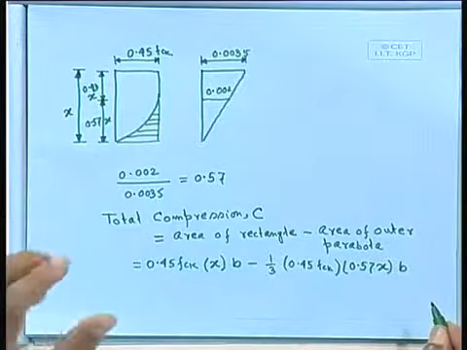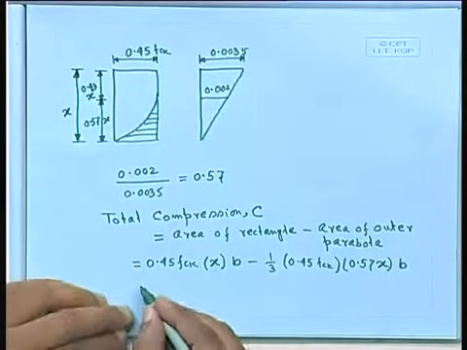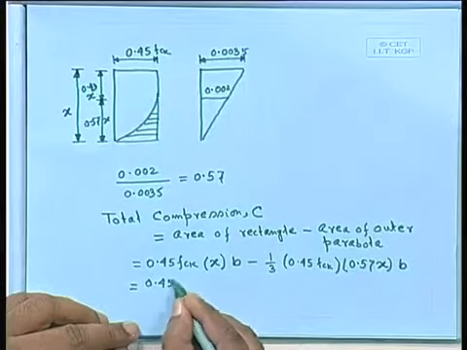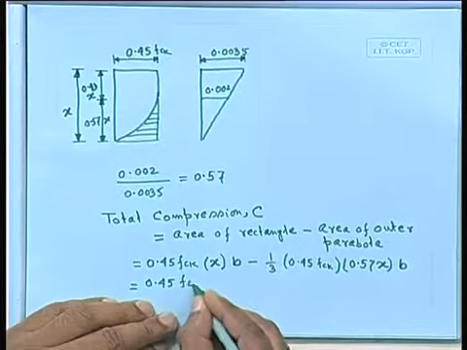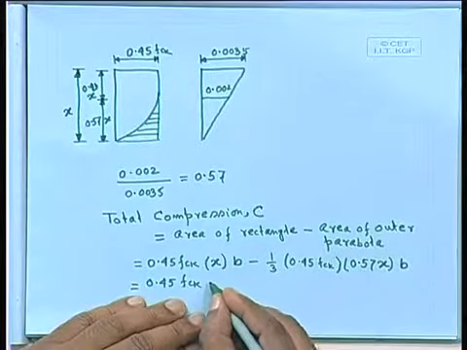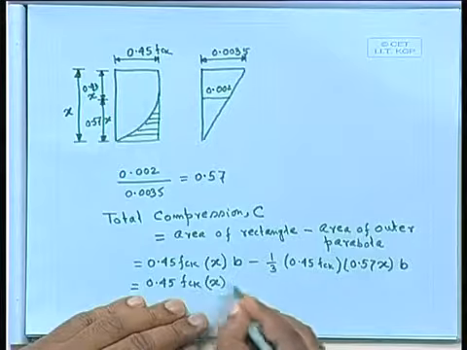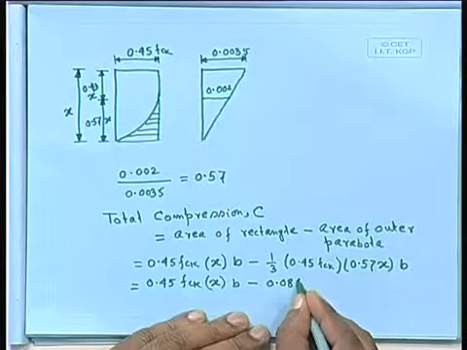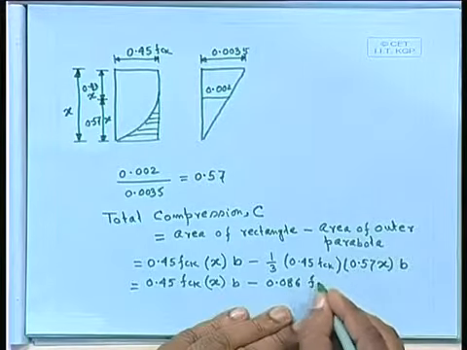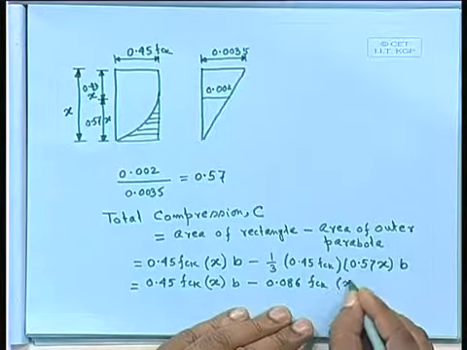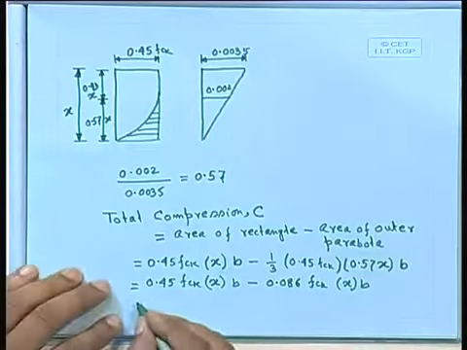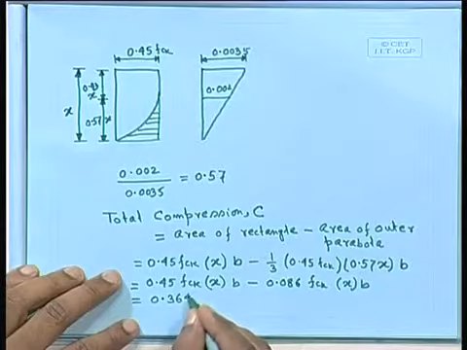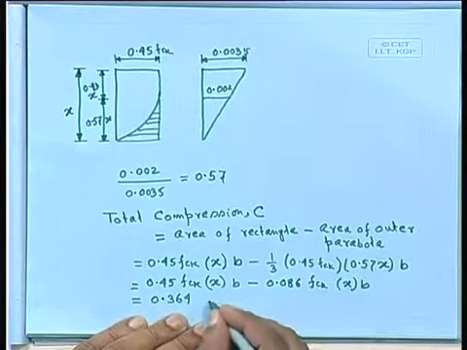The b is the cross sectional width, which equals 0.45 fck x b minus 0.086 fck x b, equals 0.364 fck